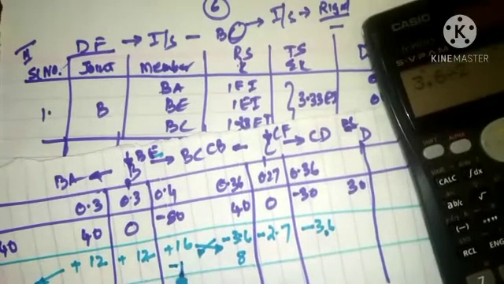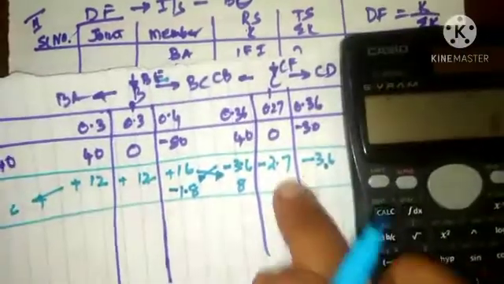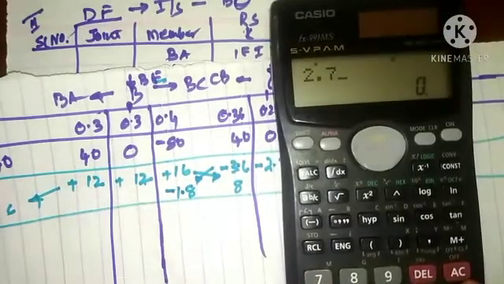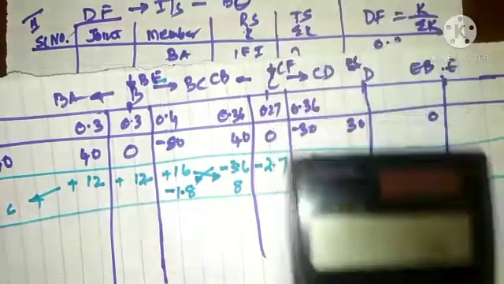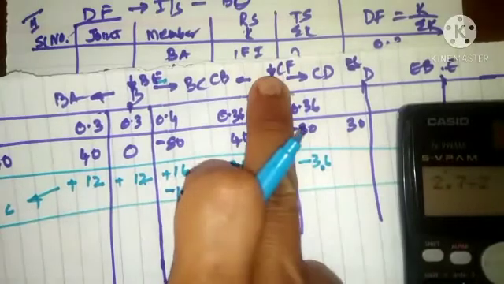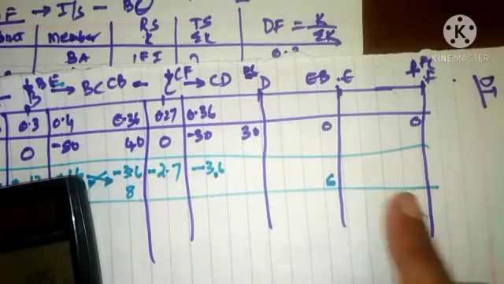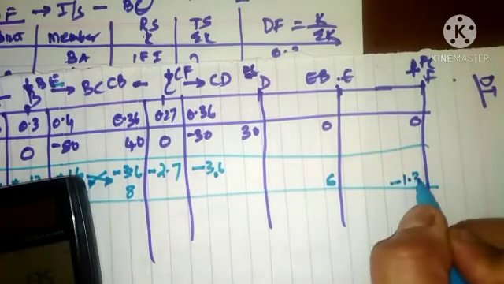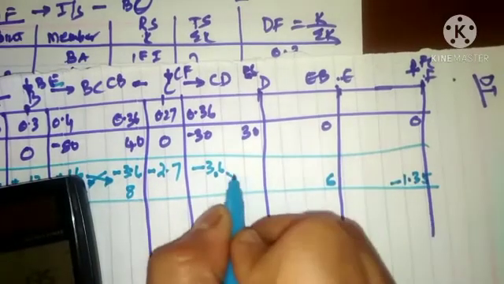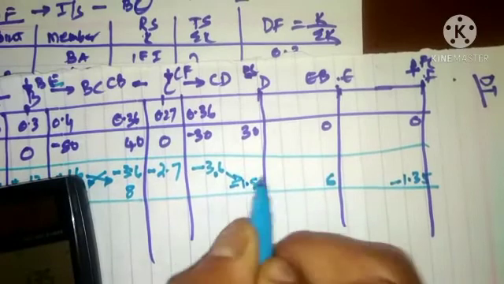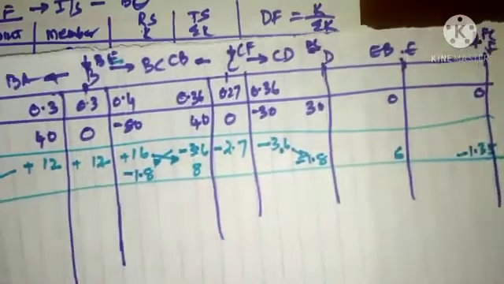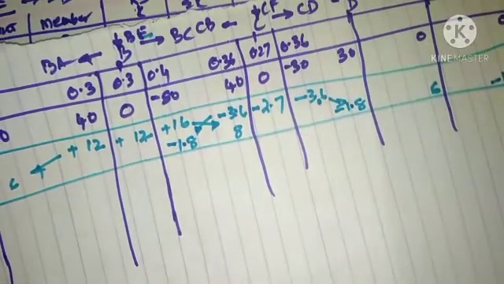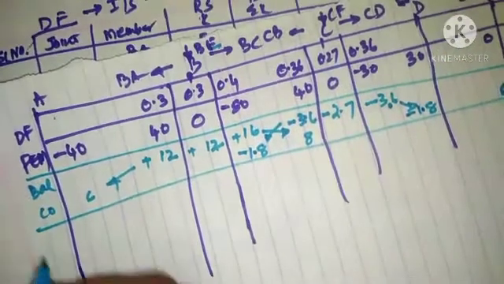So this will be minus 1.8 because it is minus 3.6. Likewise, 2.7 divided by 2 is 1.35. Where does it need to be transferred? It is CF, so where is F here? It is placed here, so it is minus 1.35. Then the last part will be minus 1.8. So these are nothing but the values placed at the individual intermediate supports.